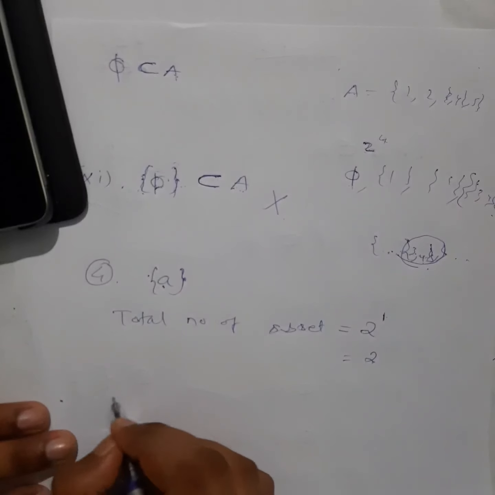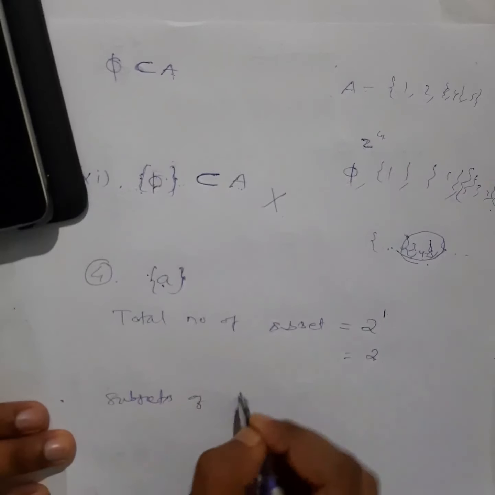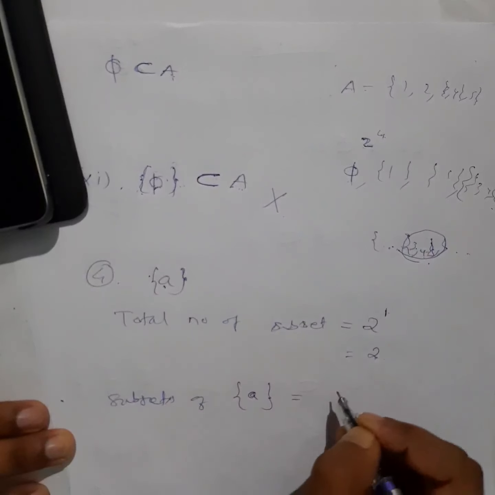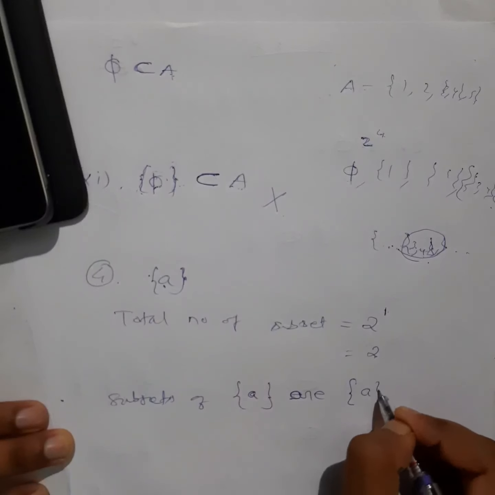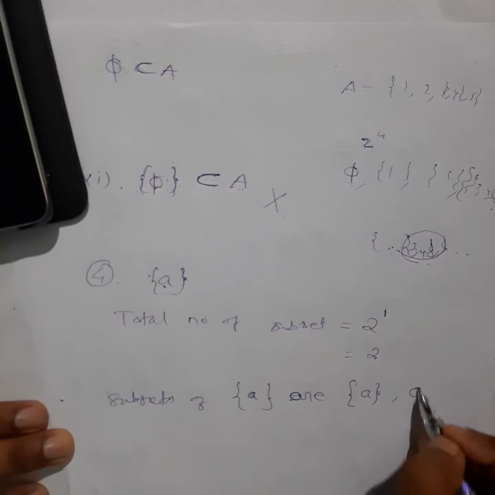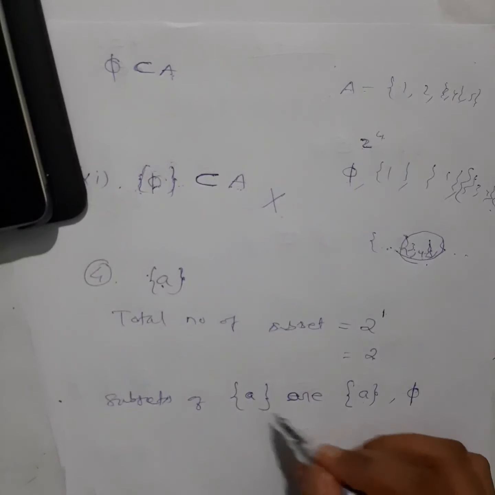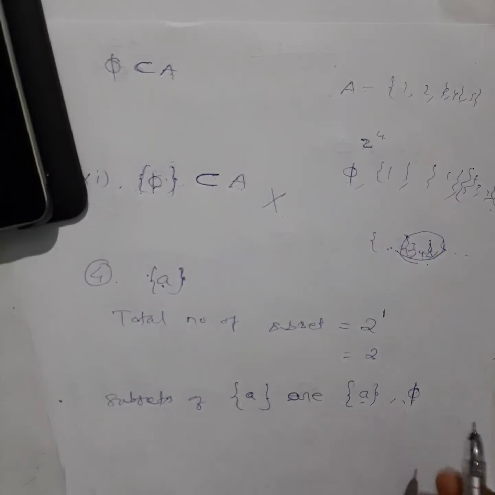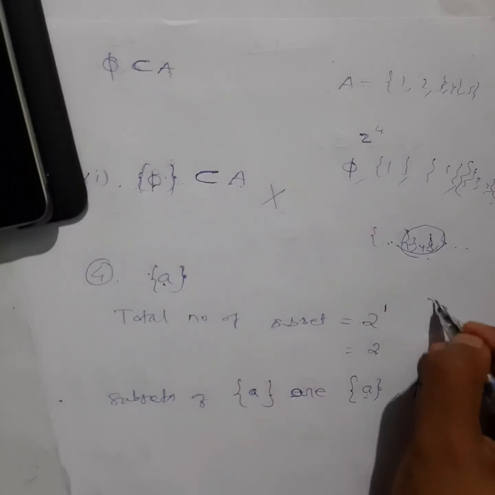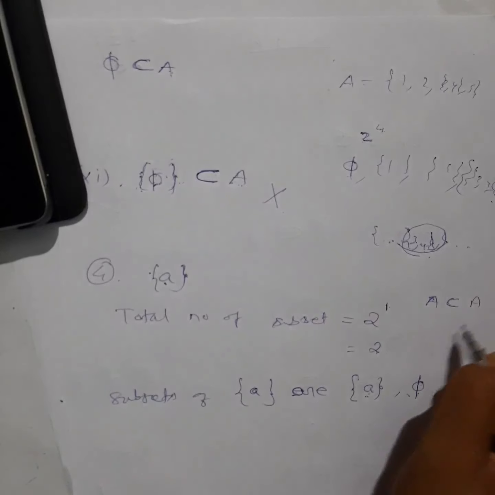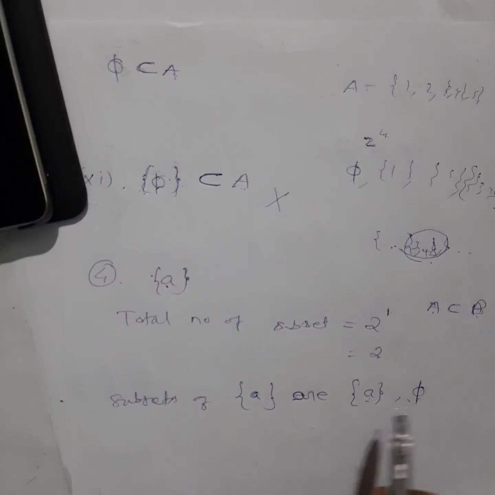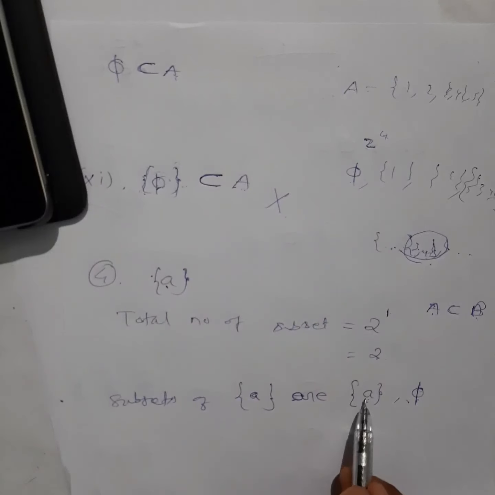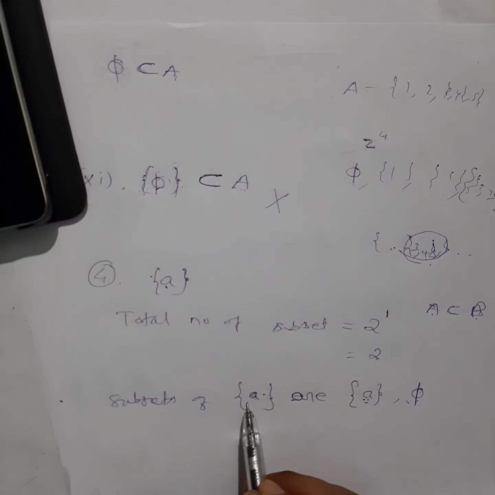Let's find out. So the subsets of this set are equal to R. Let me write down R. What will be the subsets of this? Itself. This will be a subset of this one, and phi will be a subset. Any other possibility? No, these will be the only subsets of this one. Subset means what? A will be called a subset of B when all elements of A are contained in B. Okay, so you can see this is a subset of this one. Why? Because its element is contained here or not. What is the element here? A. It is contained here. So I can say it is a subset of this one.